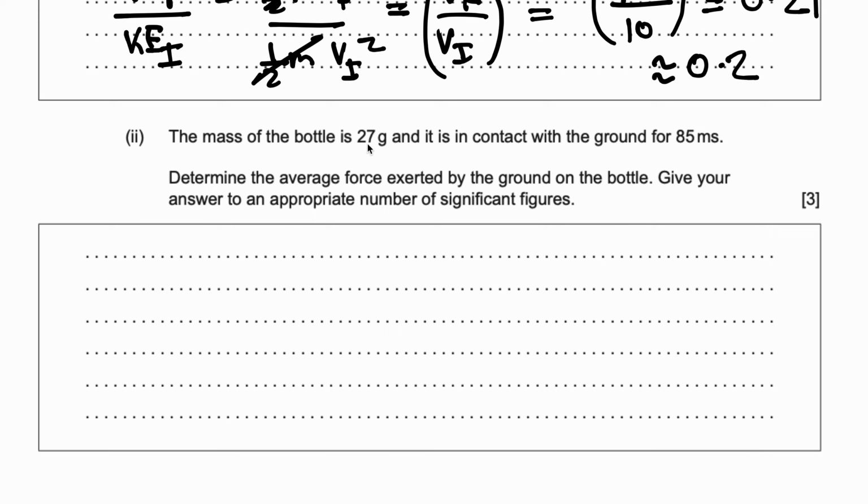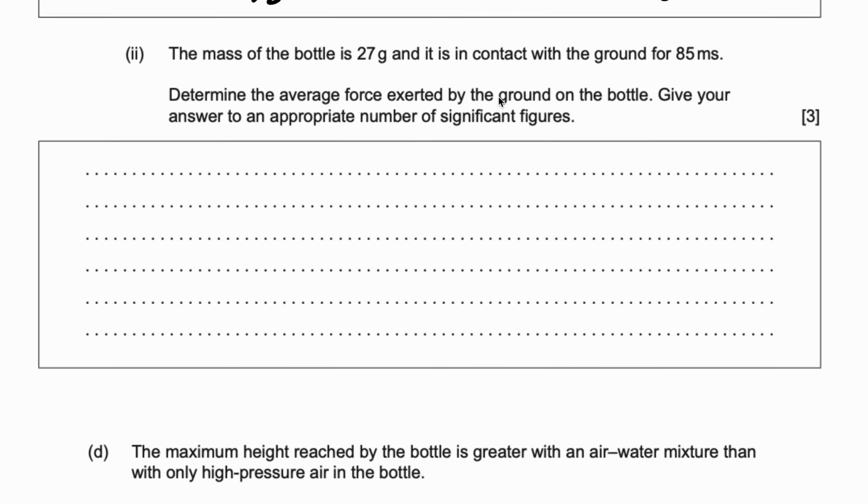The mass of the bottle is 27 grams and it is in contact with the ground for 85 milliseconds. Determine the average force exerted by the ground on the bottle. Give your answer to the appropriate number of significant figures. Okay, to solve problems like this, when something is in contact with something else, we have to use the principle of momentum. In this case, we can use